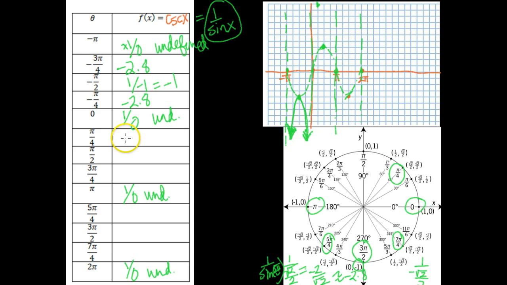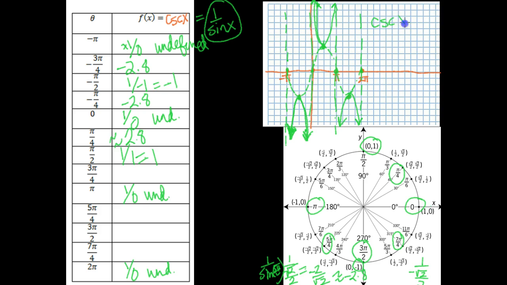This is equal to 1, so it's positive 2.8 approximately. And sine of pi over 2 is 1, so 1 over 1 is equal to 1. So that's why the graph is nice. Then you can do this, and they're approaching these vertical asymptotes, getting really, really close, but not actually ever crossing them. And the same goes for this, so you can see the pattern. And there are some nicer graphs in your book, but that's the idea for